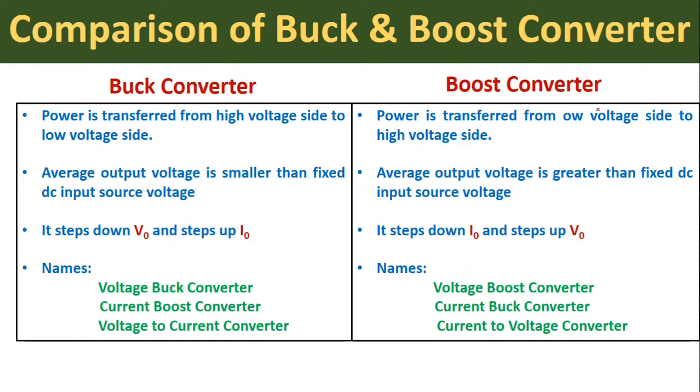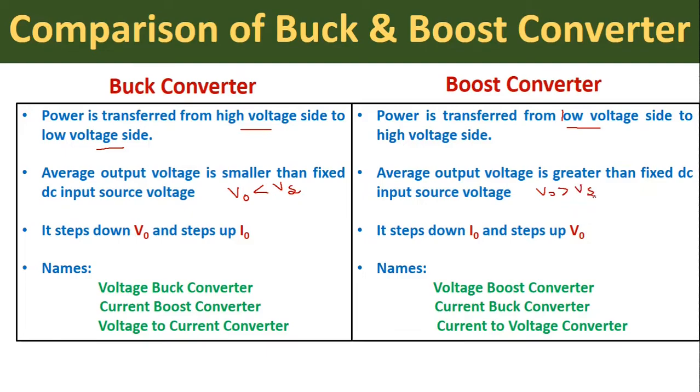Now we will compare both these converters. First is buck converter. In buck converter, power is transferred from high voltage side to low voltage side, whereas in the boost converter, power is transferred from low voltage side to high voltage side. In the buck converter, the average output voltage is smaller than the fixed DC input source voltage. That means the average output voltage is V0, which will be smaller than the input DC voltage Vs, whereas in the boost converter average output voltage is greater than the fixed DC input source voltage, that is V0 will be